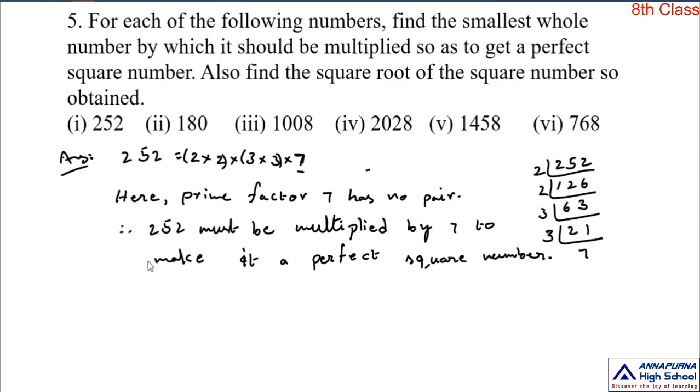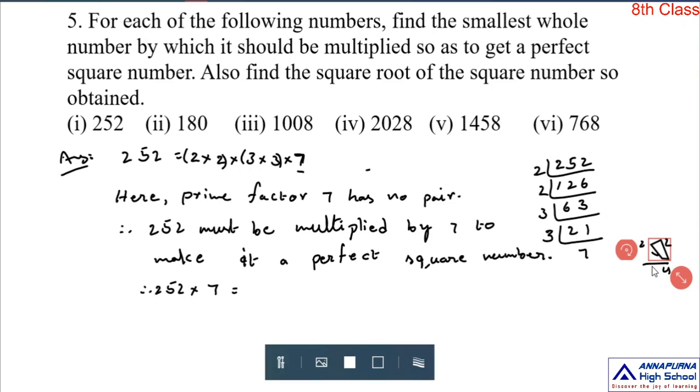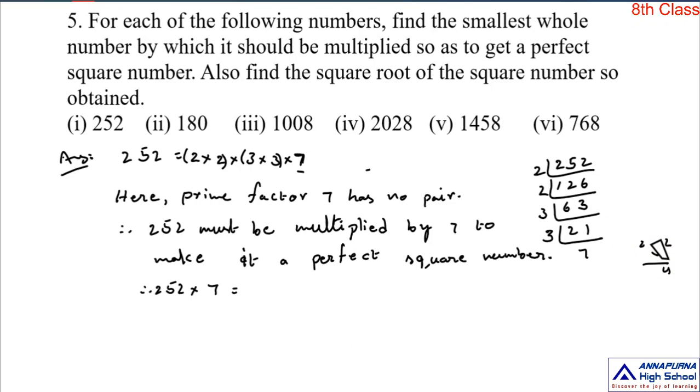Okay, so when you multiply that given number by 7, that means 252 into 7. Here the product is 252 into 7. 7 2 is 14, 7 5 is 35, 36. 36 and 7 2 is 14 plus 3 is 17. So it's 1764. And also we find the square root of this number. So square root of 1764, it is equal to, already